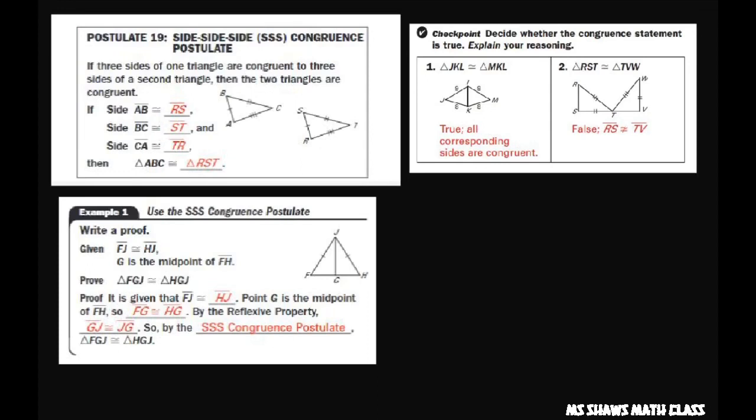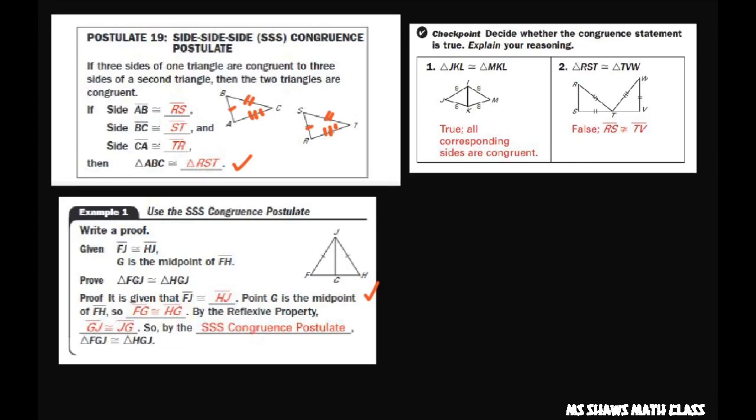If three sides of one triangle are congruent to three sides of a second triangle, then the two triangles are congruent. So basically it's all marked here. These sides are congruent, these two sides are congruent, and these two sides are congruent. So that means the triangles are congruent. Alright, so to do a proof for this one,